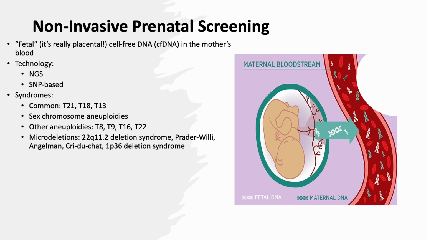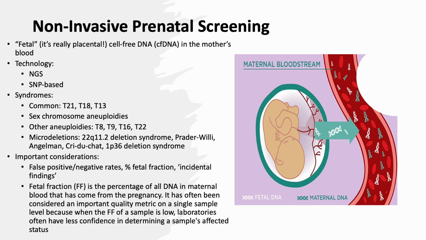Additionally, NIPS can identify microdeletions associated with conditions like 22q11.2 deletion syndrome, Prader-Willi syndrome, Angelman syndrome, Cri-du-chat syndrome, and 1p36 deletion syndrome. It's essential to consider several factors when interpreting NIPS results. Pay attention to the false positive and false negative rates, the percentage of fetal fraction, and the potential for incidental